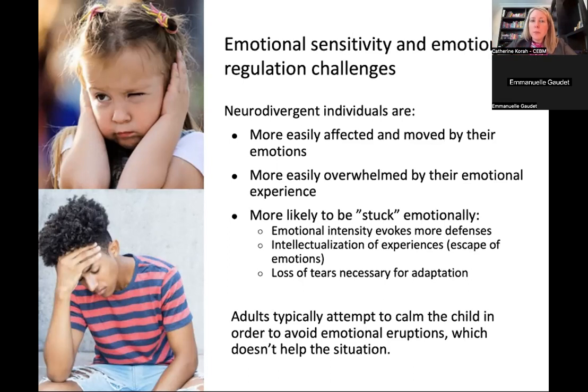And so all this to say is, can we find pockets of time and space for those students to be able to let out the over-the-top emotion that they're experiencing? I'm not saying that we should be doing this in the middle of the class during a lesson, but can we schedule for those students pockets of time and space?